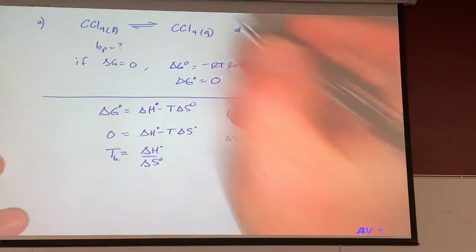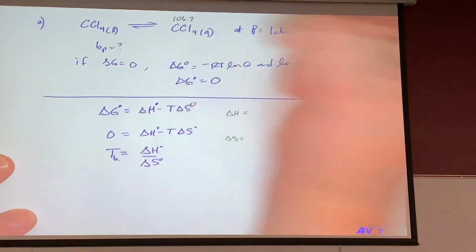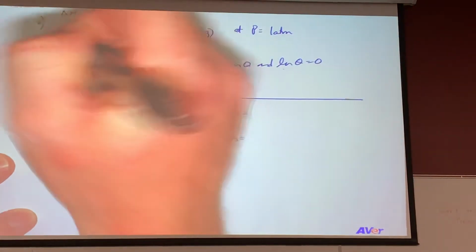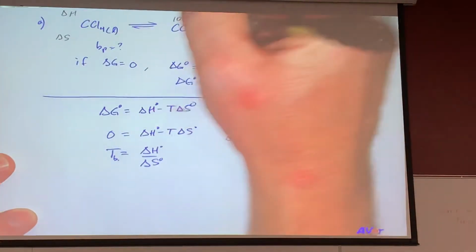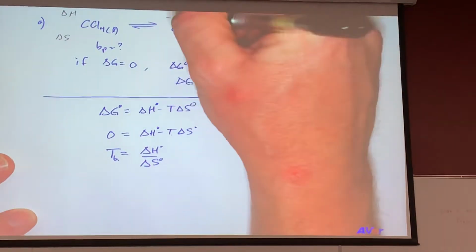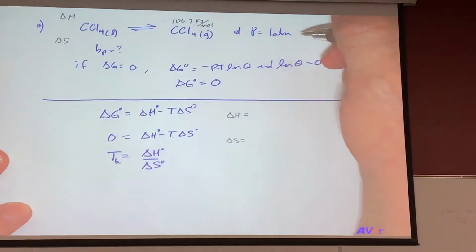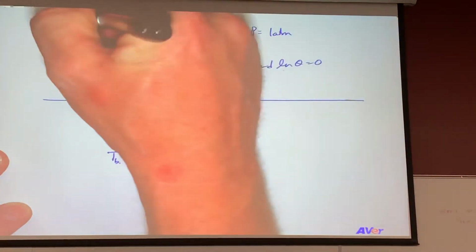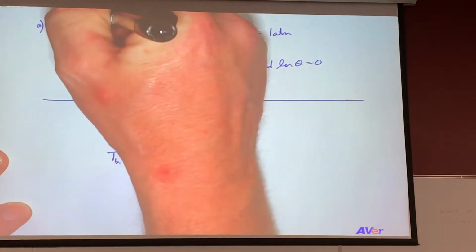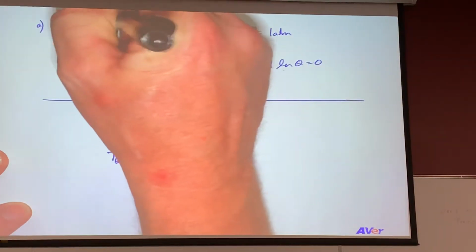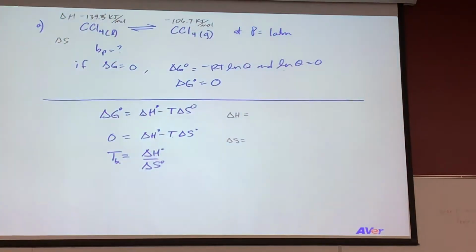This one is, I go delta H across the top, and I go delta S across the bottom. This is negative 106.7, and the liquid is 139.3. Make sure I have this right. And then the delta S numbers are